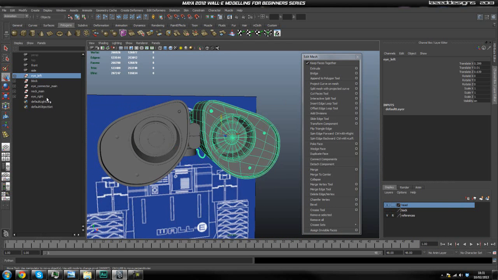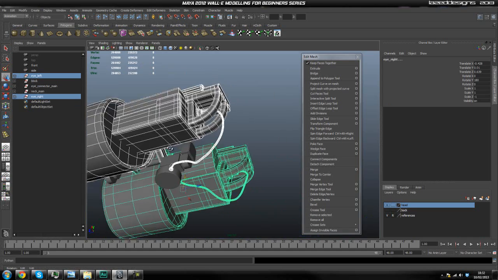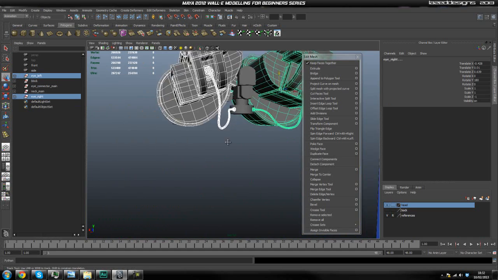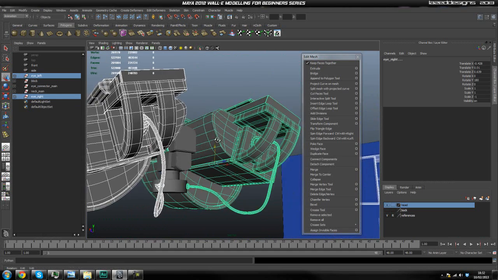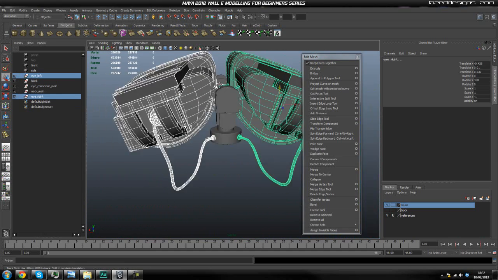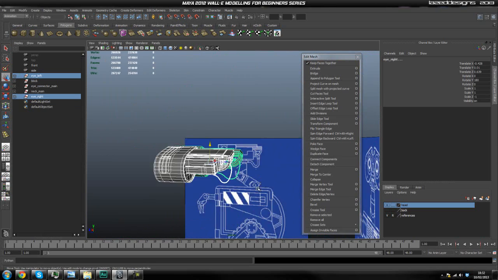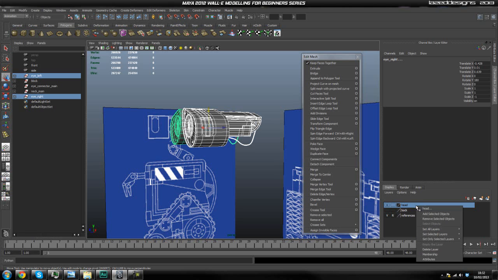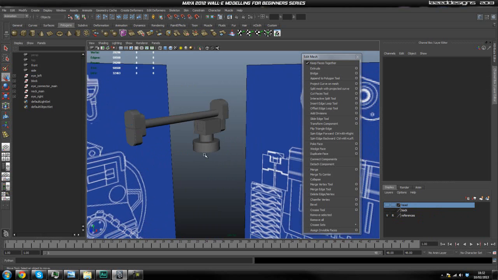Eye left, control left click, eye right, and I think these pieces will go in the neck. Okay, so one in these two, and click add selected objects, and now we can hide them and unhide them,